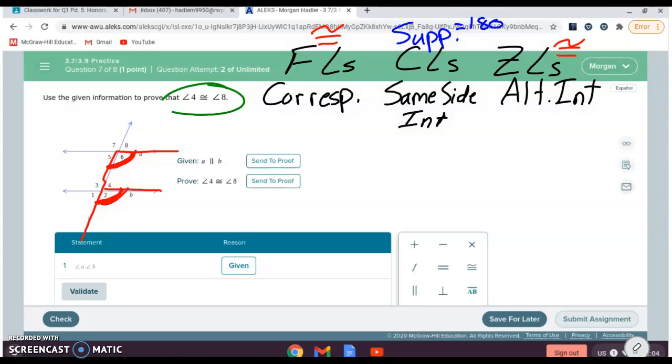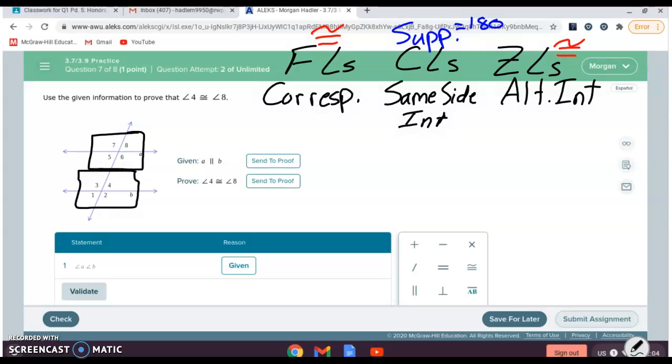What corresponding means is that they're in the exact same spot. When you have a transversal like this, these two groups of angles are all the exact same. So 1, 2, 3, 4 is in the exact same spot as the 5,